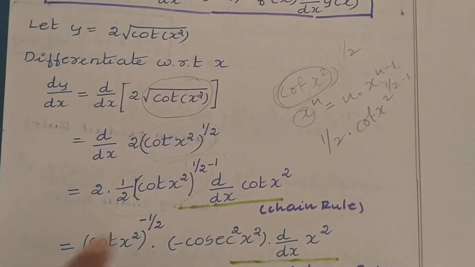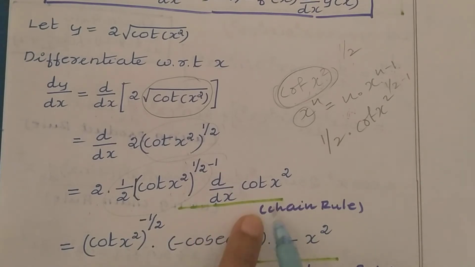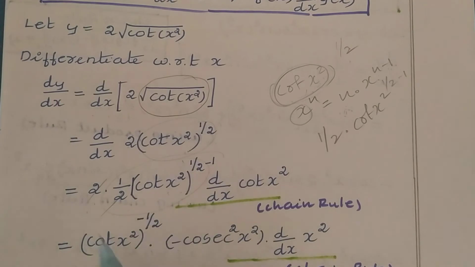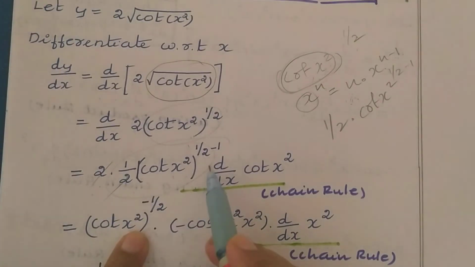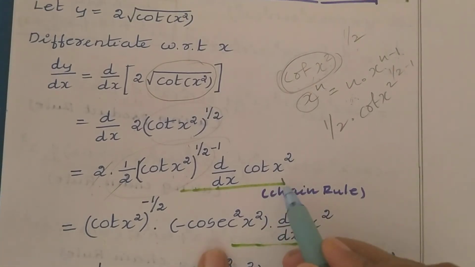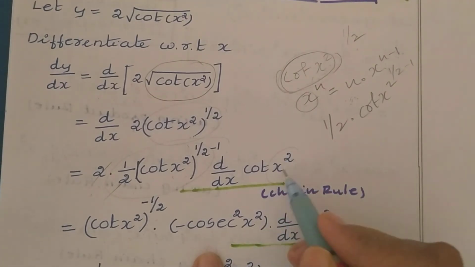Then again further we have here this function cot x square function. So that function derivative you need to find because this is a composite function. So d by dx of cot x square. This is nothing but the chain rule. So here we get after cancellation cot x square, half minus 1 is minus half into cot x square. Cot x derivative is minus cosec square x, and here we have cot x square. So this x is nothing but x square here.